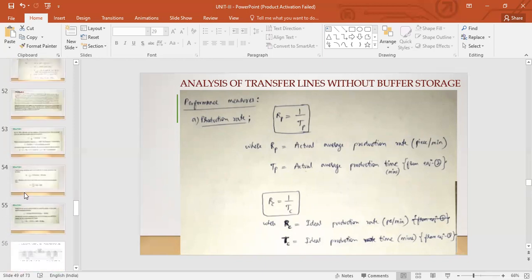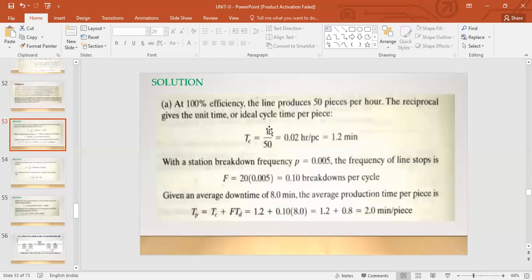So that's what is happening here. We have reciprocated this production rate to get the time. This is basically the production rate, 50 pieces per hour. You reciprocate that, you get the time. Ideal cycle time, because this is the ideal production rate, you get the ideal cycle time. So this is per hour,